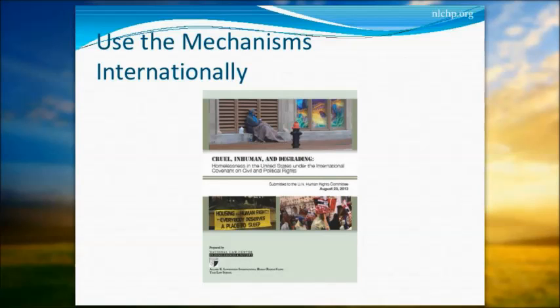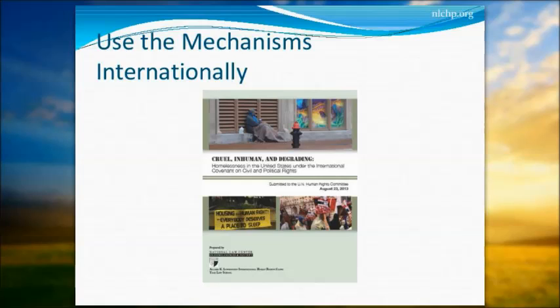So in addition to using the standards in our reports, we were trying to further the standards at the international level by drafting shadow reports, drafting the kind of reports that Josh mentioned in his previous section that are due on September 1st. And we generated